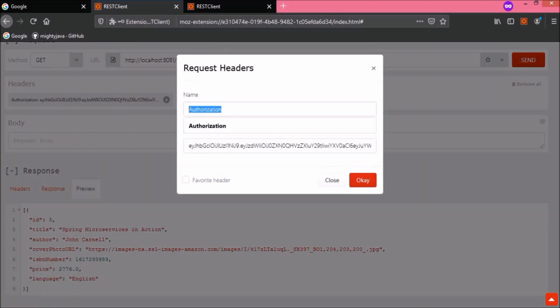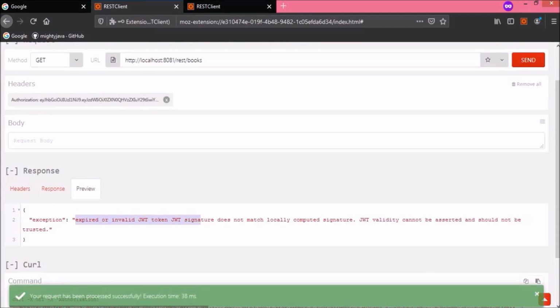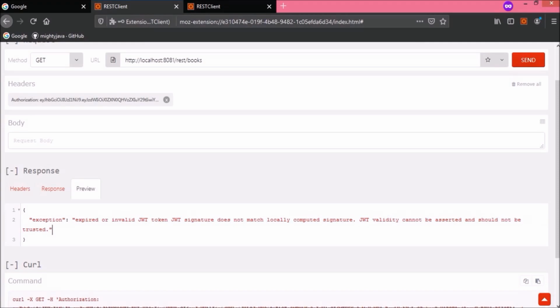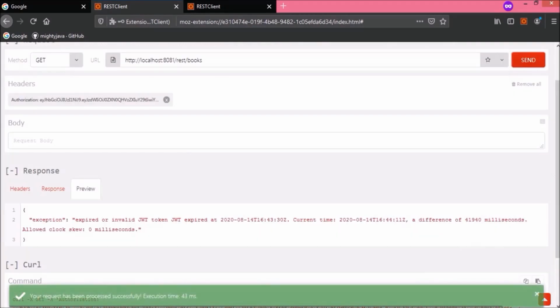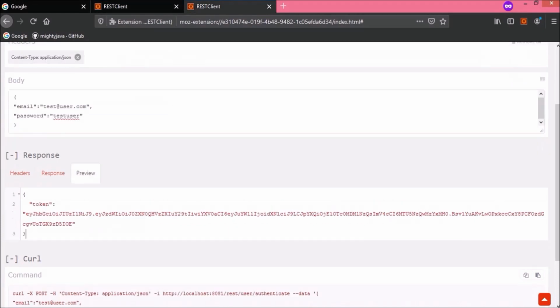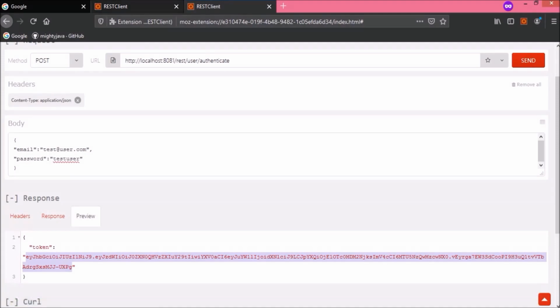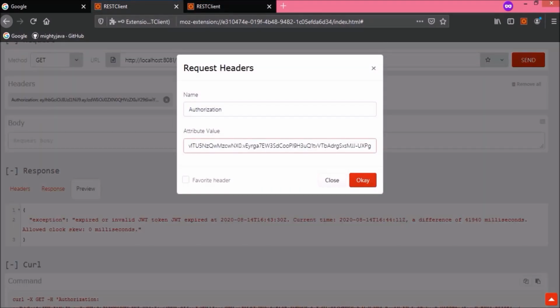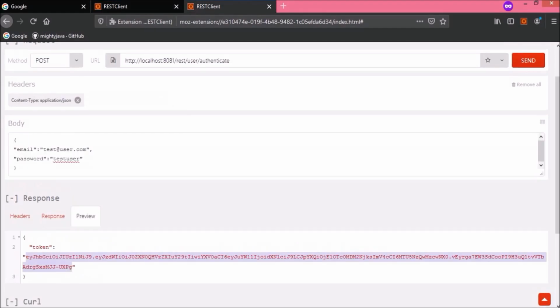Now, let's put some letters in the token. Okay, now the token is invalid. Let's try now. See, it is giving the exception like expired or invalid token. Let's correct the value and try again. See, it is not working because the token expired. You can see now the message is different. Let's regenerate the token. Now copy this token and replace the token and then try. See, it is working. We created a token for the user.